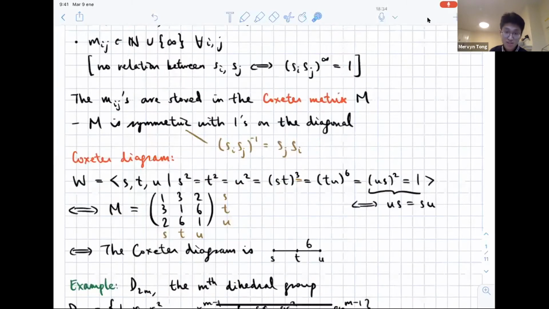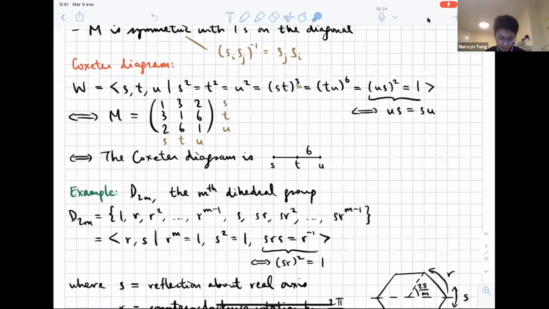It'll be helpful to introduce a diagram for all of this now. So I will do that by using an example. For this group that I've written down, this will correspond to the Coxeter matrix M that I've written down, where the 3 here is the 3 here, the 6 here, the 6 here, and the 2 is the 2 here. But it's more convenient to view this as a diagram, a Coxeter diagram, which is a labeled graph